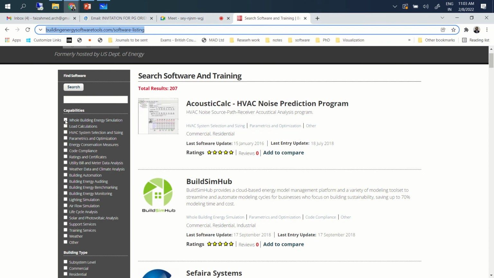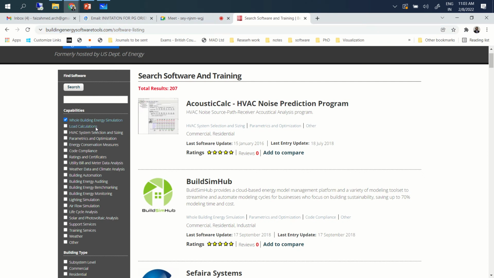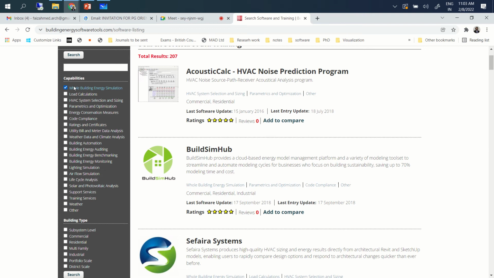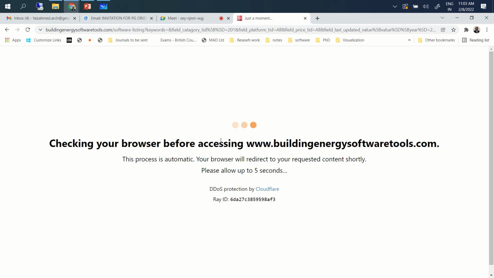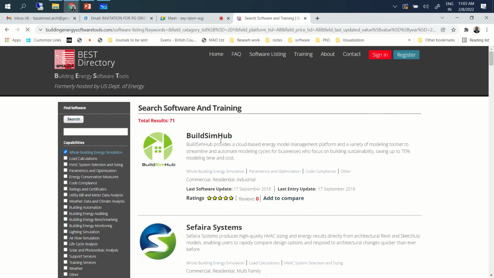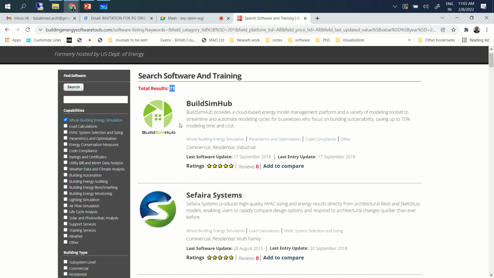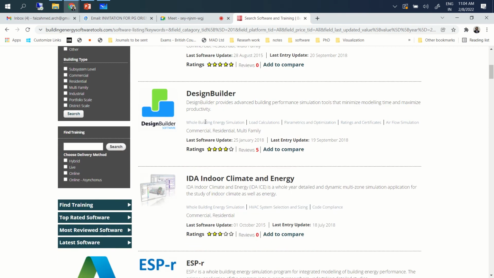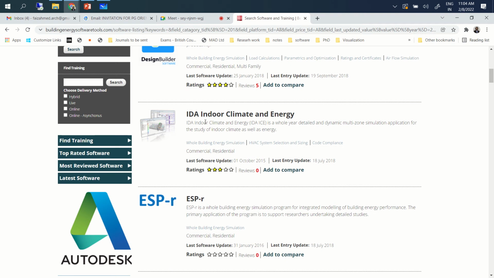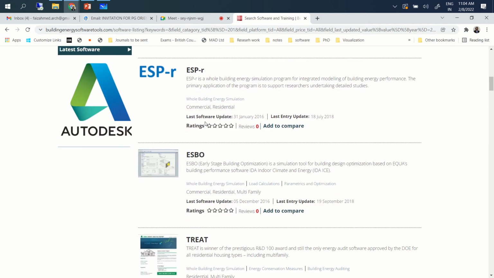The list of softwares are already classified based on different categories. For example, let's say you're looking for a whole building energy simulation tool. If I click here, there are 71 such tools available for whole building simulation alone. Maybe those who have heard of whole building simulations and how we do energy assessment